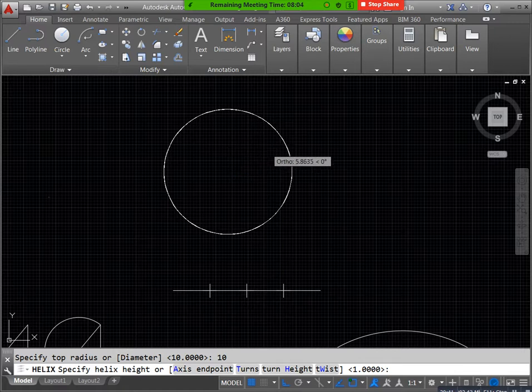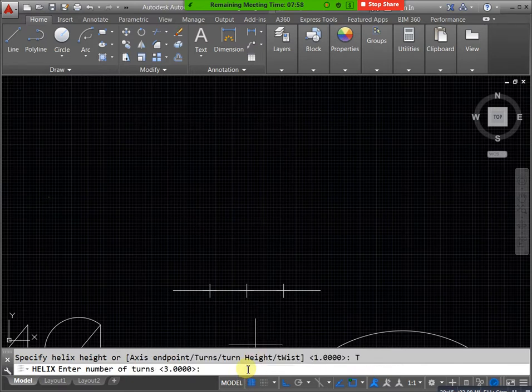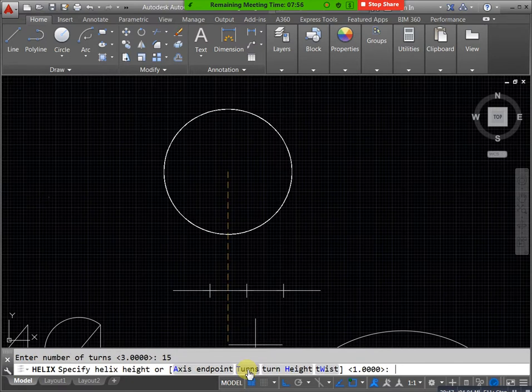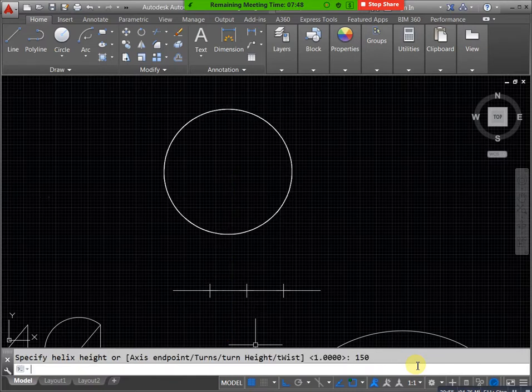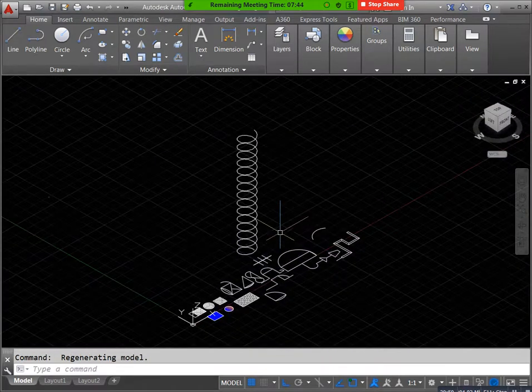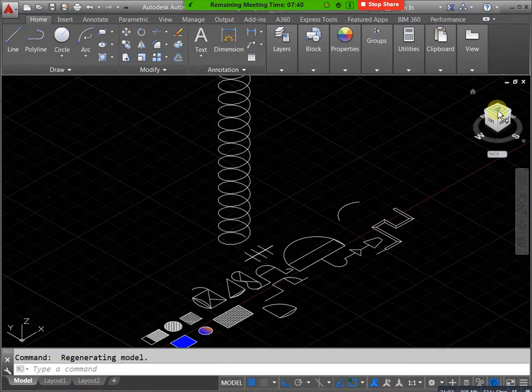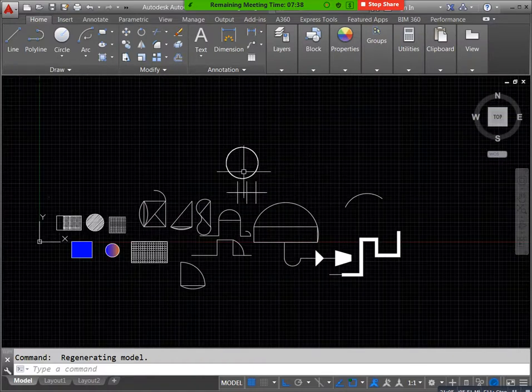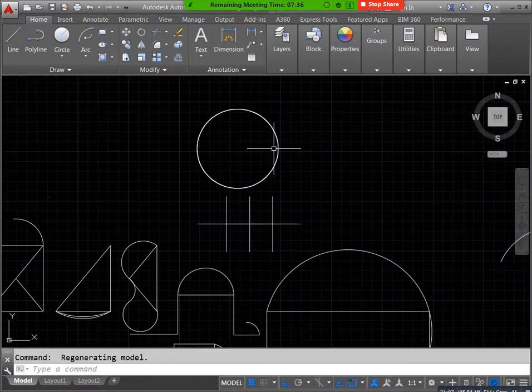In case you need any solid, you can apply solid also. For solid purpose, you can use the solid command. For example, you need to fill this region. Where is my region? Okay, I need to fill this one, 1, 2. For this type of filling purpose, you can use this one. Okay, this is solid.